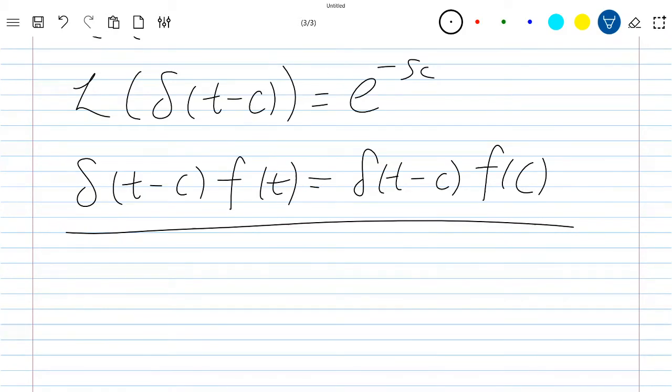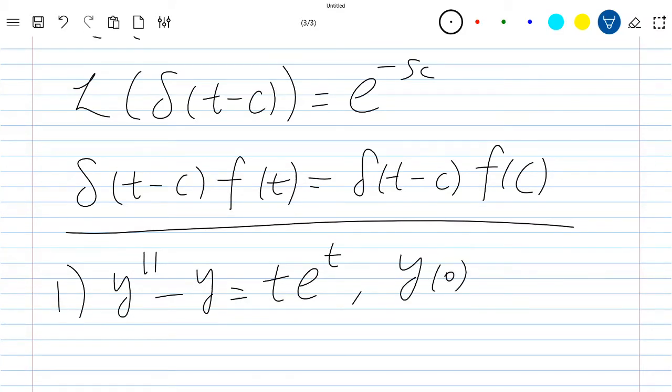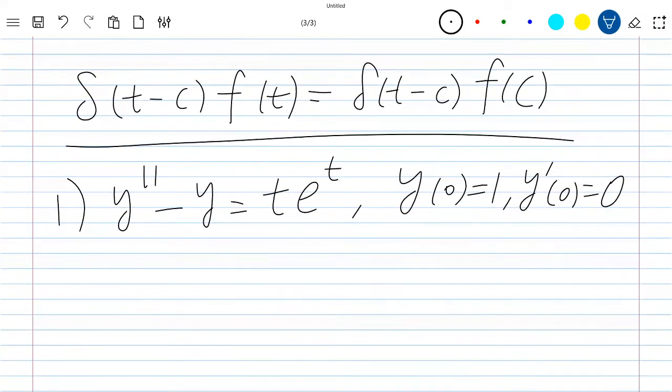Now let's see an example. Let's see two examples. The first one, we will have a function without a step function. And then we will see an example with a step function. Alright, so that's your function with initial conditions. If we do it in the traditional way, then you will see your y1, y2 would be, you can solve it, it's pretty easy, it's